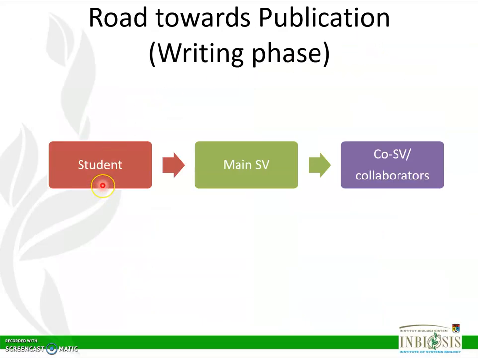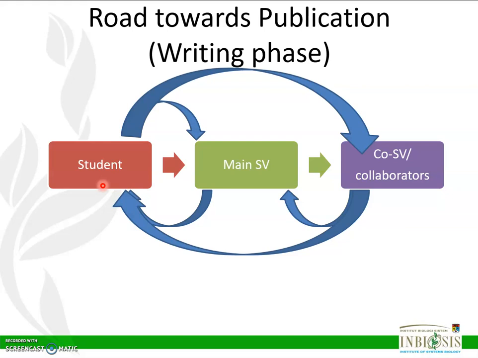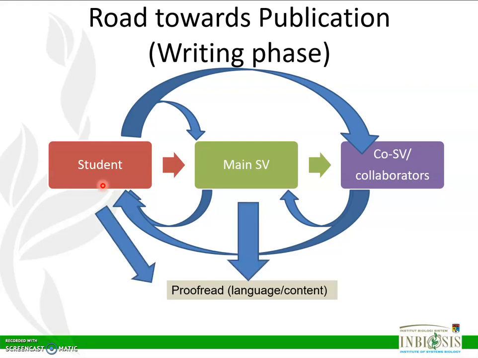In terms of a writing phase, we have three parties: student, main supervisor, as well as co-supervisors or collaborators. First of all, student and main supervisor needs to finalize the manuscript first before it is sent to the co-supervisors and collaborators. Once finalized, we will proceed with the proofreading, and this can be done either in terms of language or content. I've seen that a professor or visiting professor have done this work of proofreading both language and content for free, and you don't have to put their names in the author name list and just acknowledge them in